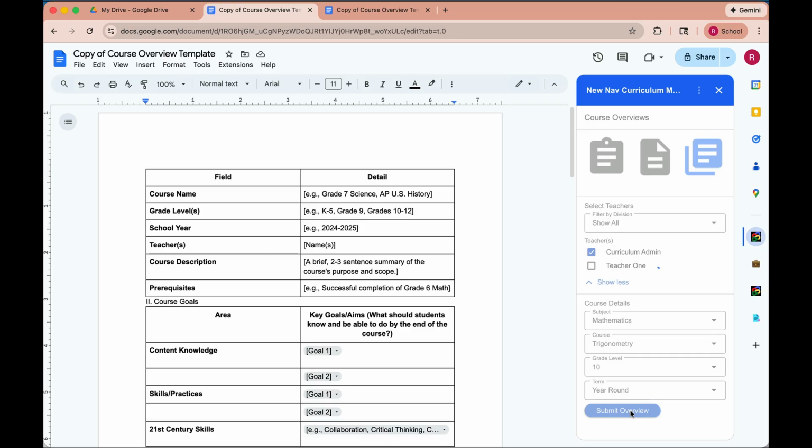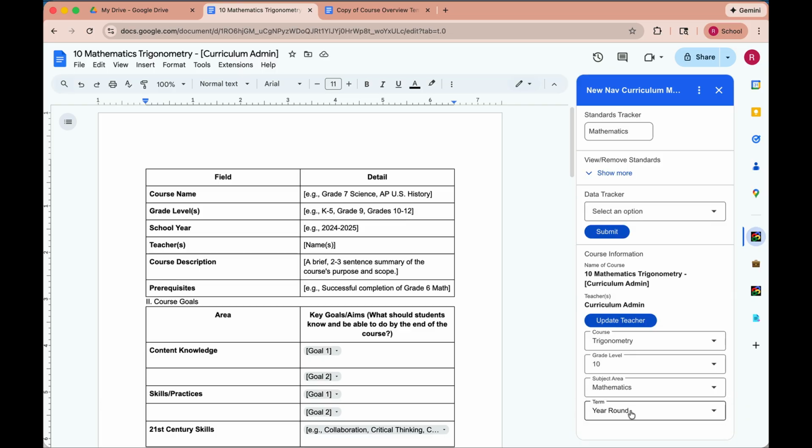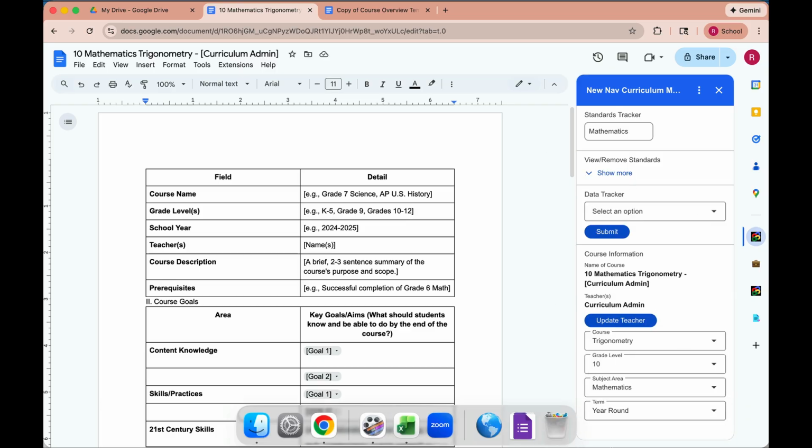And a few moments later, you will see a confirmation that your overview was submitted successfully, and the screen now changes. So what's happened is this document has now been moved into the course overview folder in the shared drive, and we can now begin